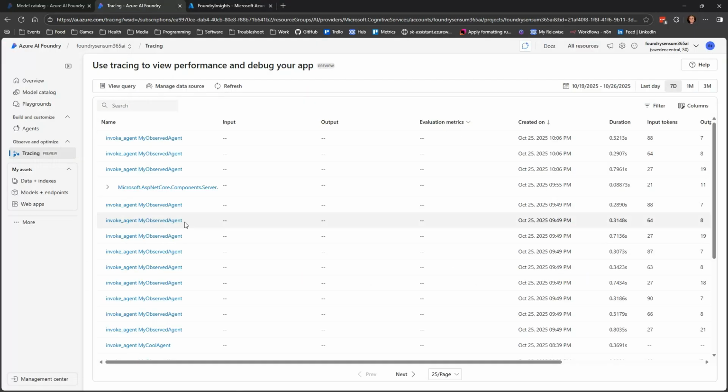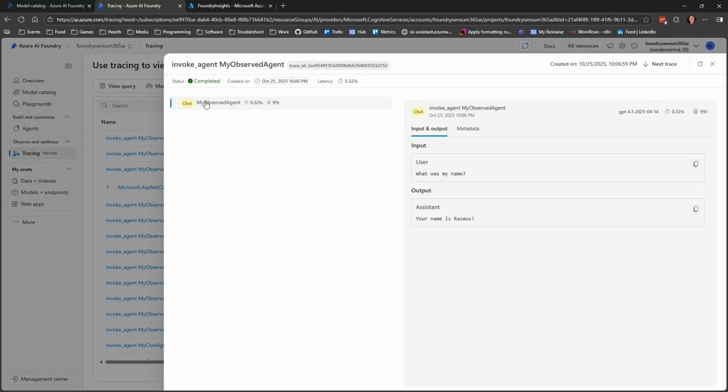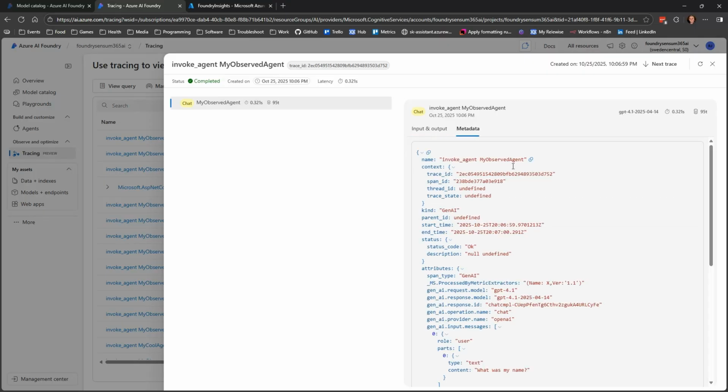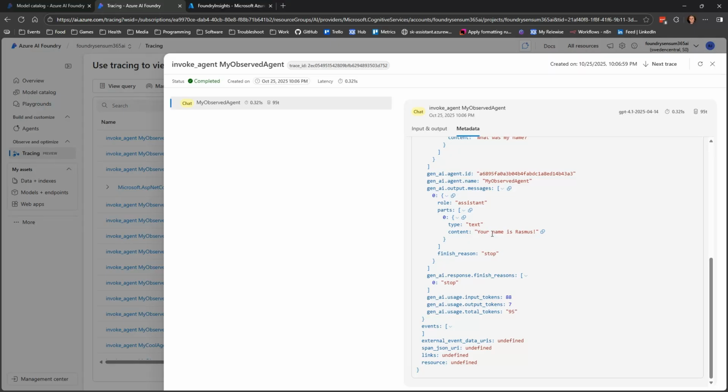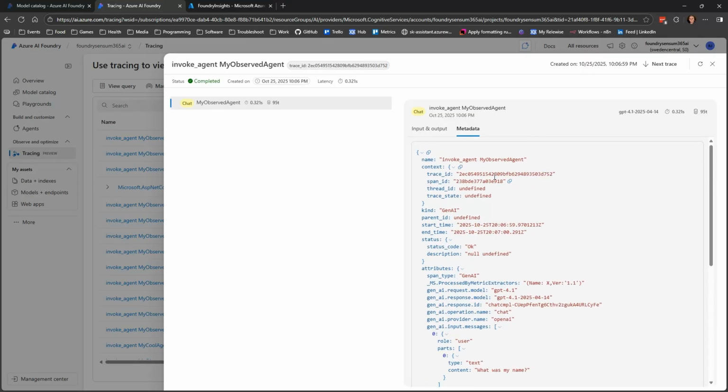So this is a place so we can get there, and we don't need to open up resources and stuff for developers. They can just go in and see these. And what we can go in and see is we can see how the agent behaved. We can see the input output. We can see the metadata, where we can go in and see what model was used and all the normal stuff we get from OpenTelemetry.